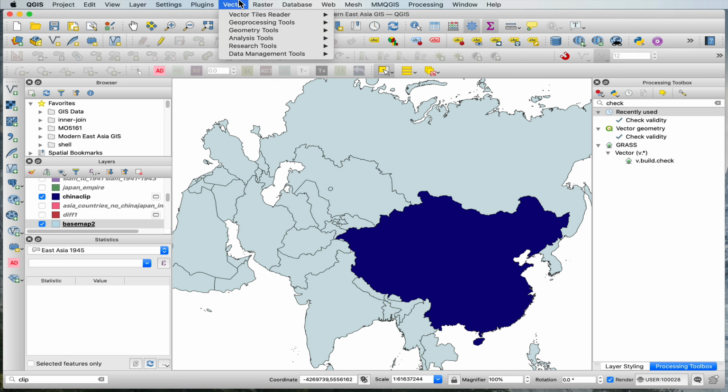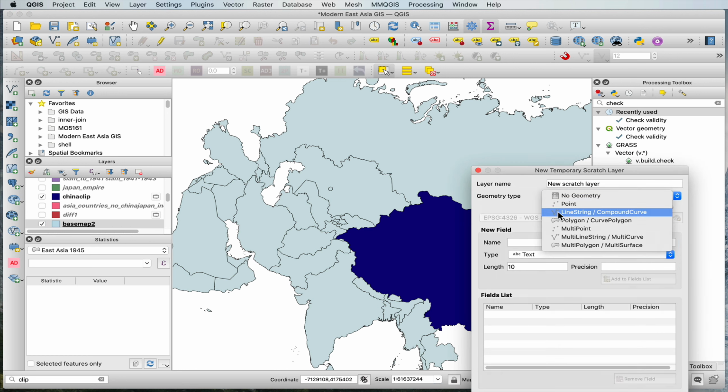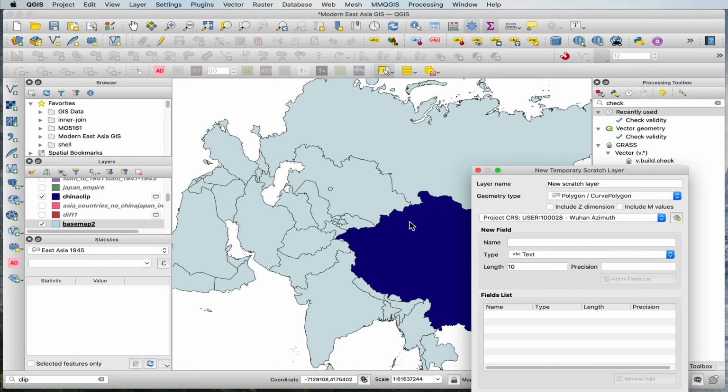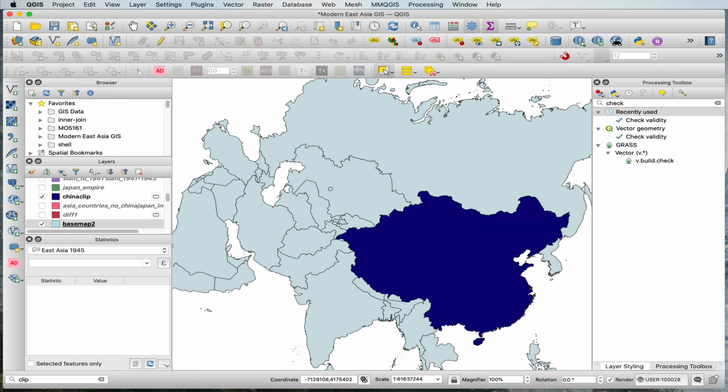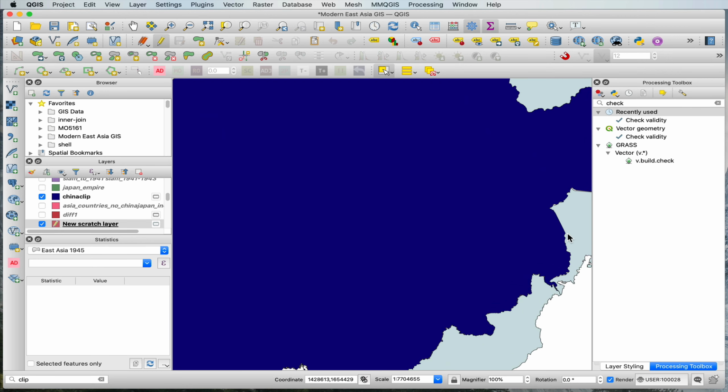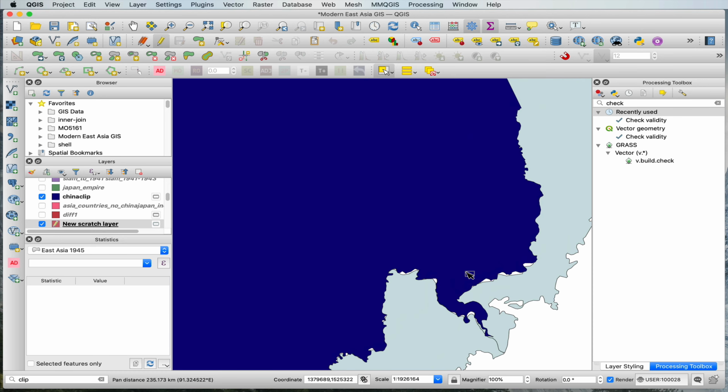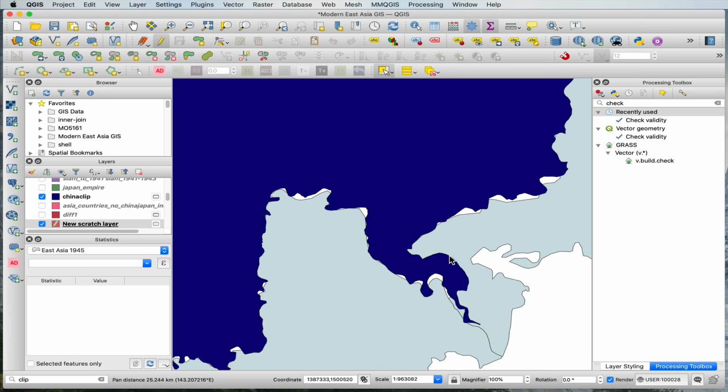So in order to do this, the first step I'm going to do is to create a new scratch layer, and I'm going to set it to polygon, and I'm going to choose the CRS that I've been using for my project. And now I have a new scratch layer. And what am I going to do with this scratch layer? Basically, you have to do this per border of country because this feature of Russia is different than the feature of Korea. But on a per border basis, I'm now going to create a new polygon